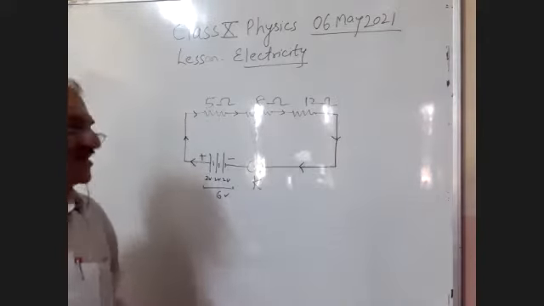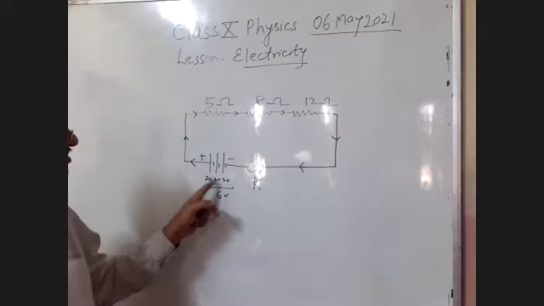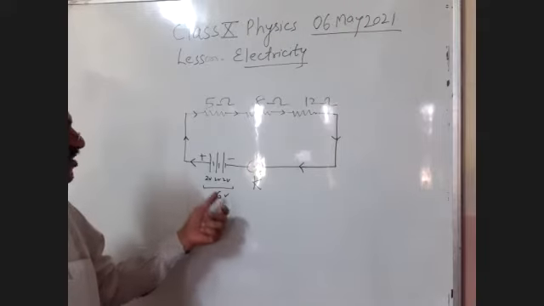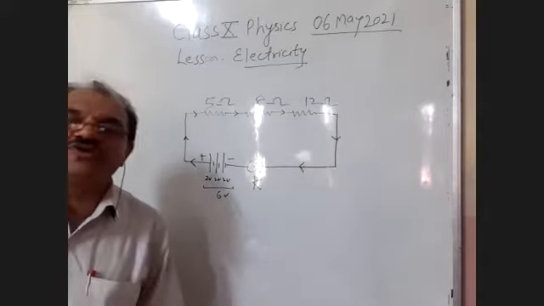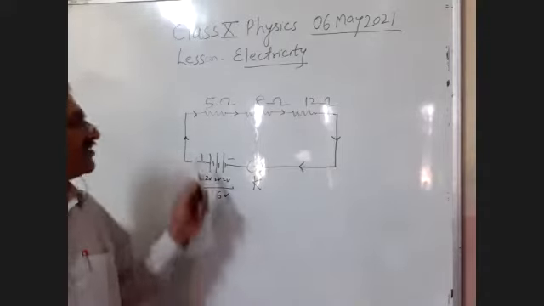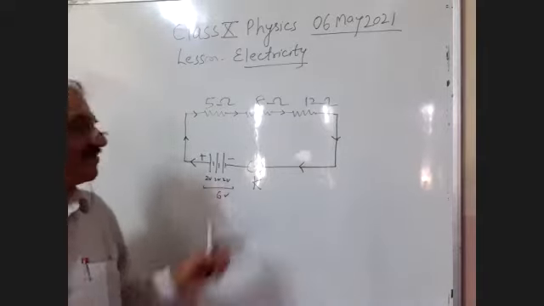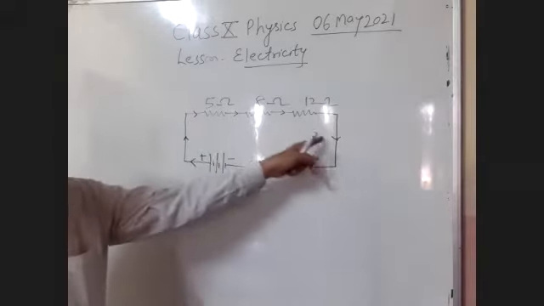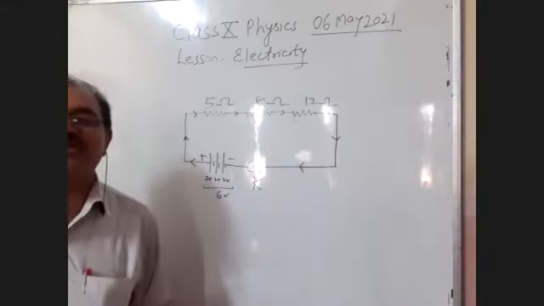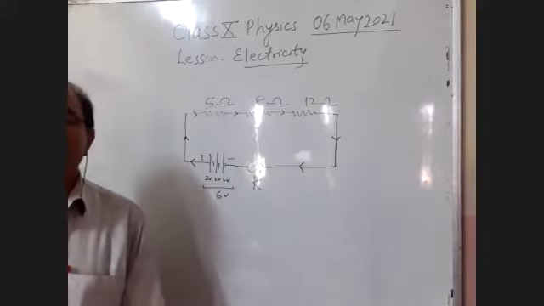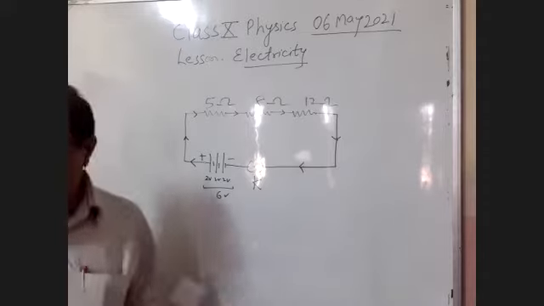They are connected in series with a battery, each cell of 2 volt. Now I connected a total of 3 cells, so the total potential difference will be 6 volt. When the key is closed, at that time the current will flow from the positive terminal to the negative terminal, and this is called the conventional current. The current which flows inside the circuit is called electronic current. So the answer to your question number 1 was only to draw the circuit diagram, students.